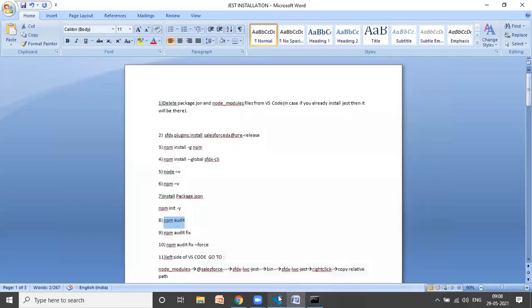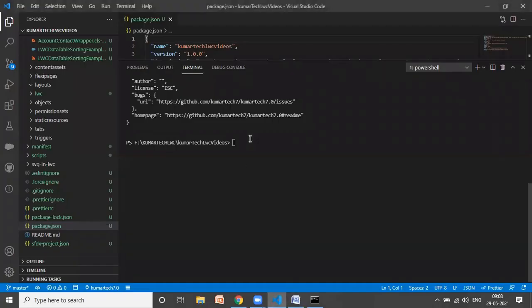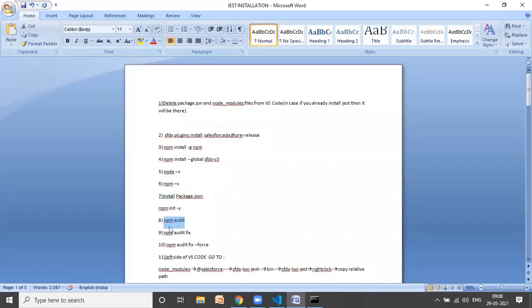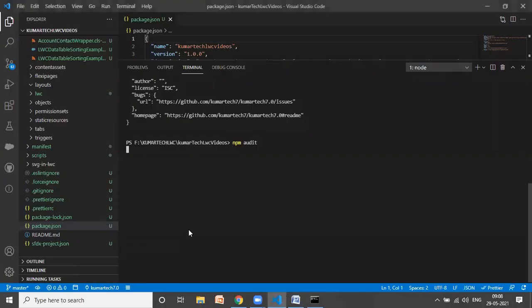But I always recommend using this step, audit. Once you do, some bugs will be shown, and for that you need to fix. So just wait a few seconds and it will show.